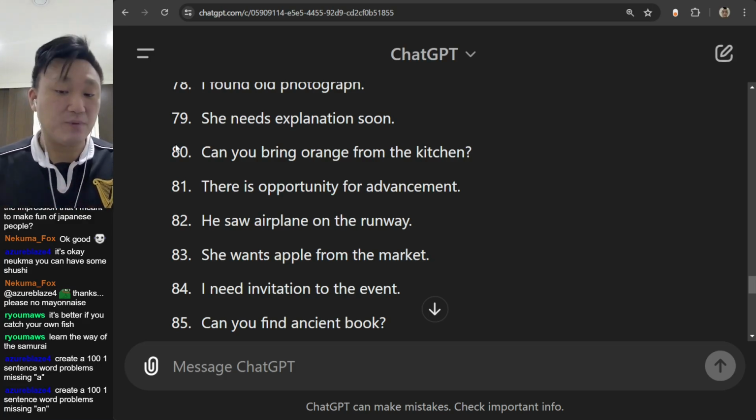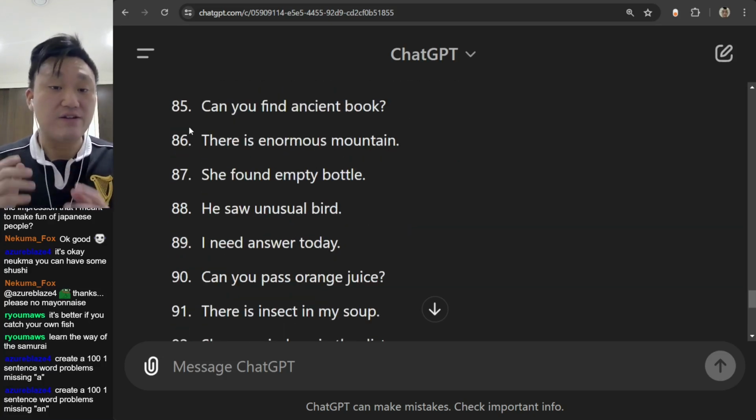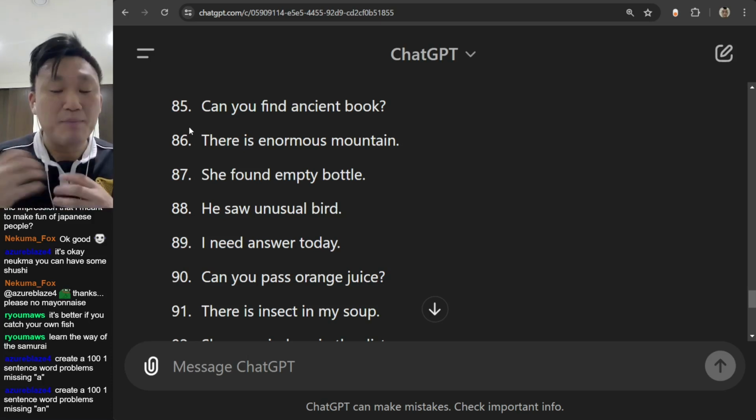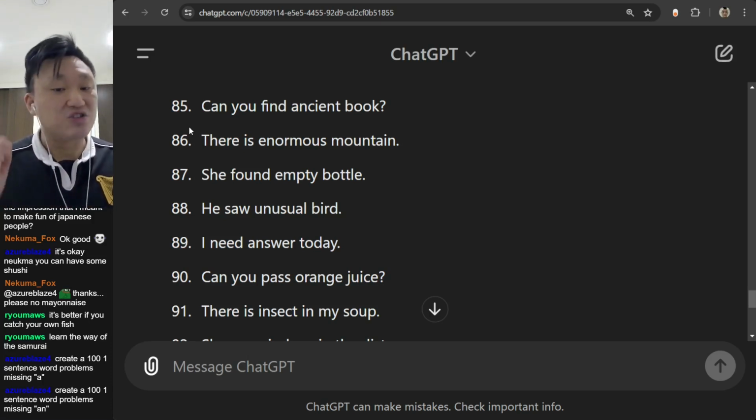She wants an apple from the market. I need an invitation to the event. Can you find an ancient book? There is an enormous mountain. She found an empty bottle. He saw an